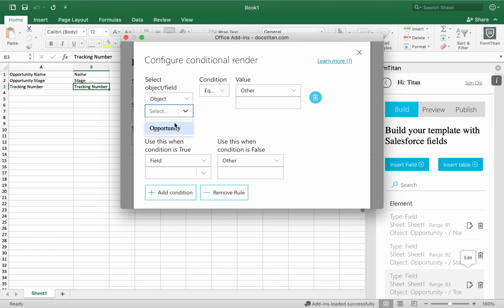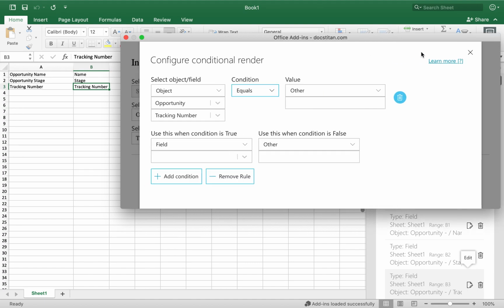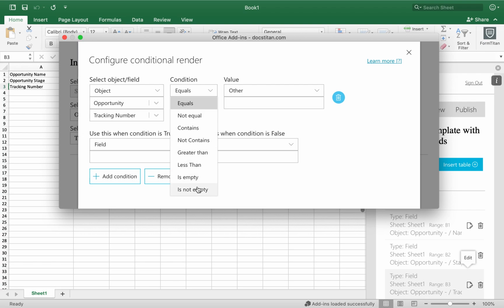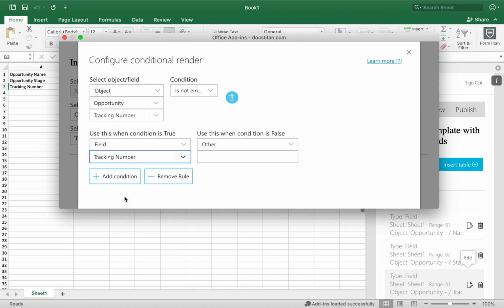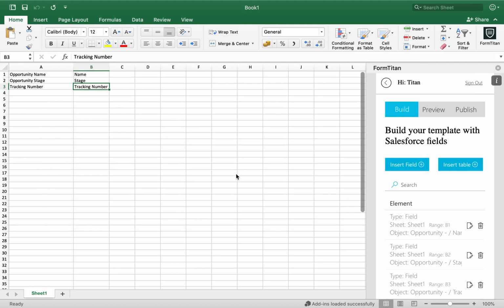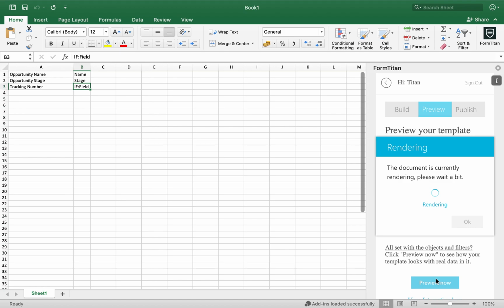And what you want to say is, if opportunity tracking is not empty, let me widen this a little bit, we'll say is not empty, then use the tracking number. Alright, so what we're saying is, if this field is not empty, then that's fine. Go ahead and use the tracking number. If it is empty equals false, then say tracking not available. Like that. So if you click save, and then if I preview,